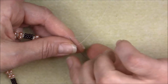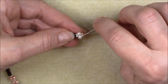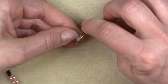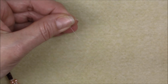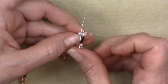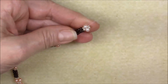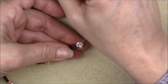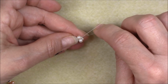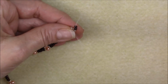So I'm going to come up through the bottom of that bead, and then I'm going to secure these by sewing back through them. So I'm going to cross over to the one next to the one I'm coming out of through the top. Then I'm going to cross over and go through the bottom of the one next to the one I am now coming out of. Like so. And now I am ready to put my 4 seed bead sets on. So I'm coming out of this one, I'm going to cross over to this one, picking up 2 seed beads,